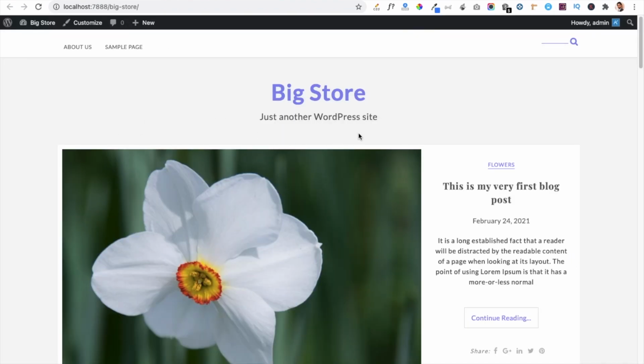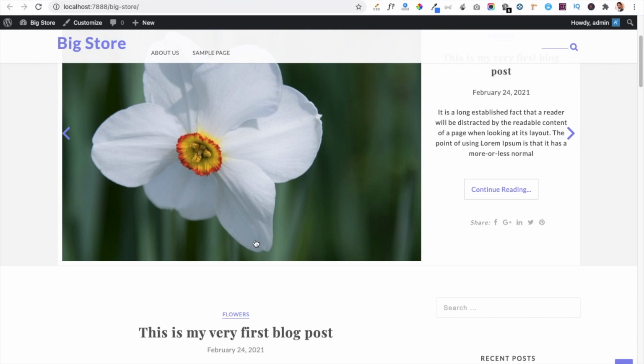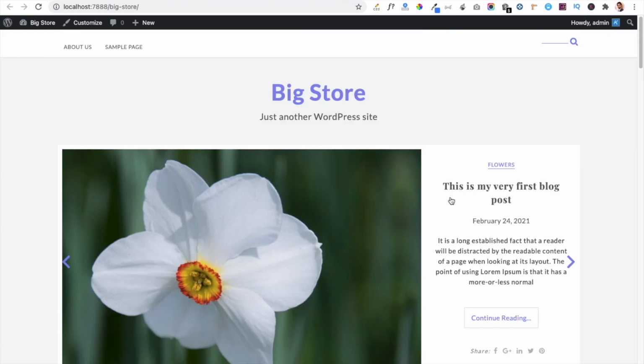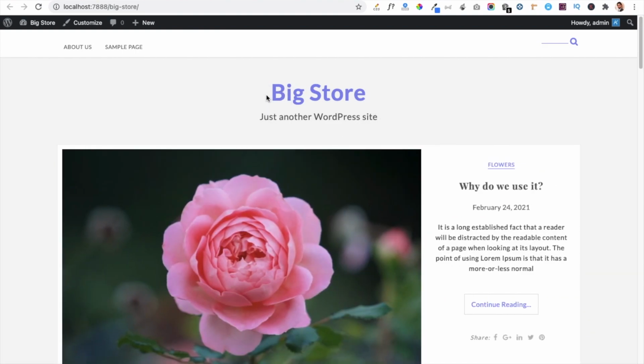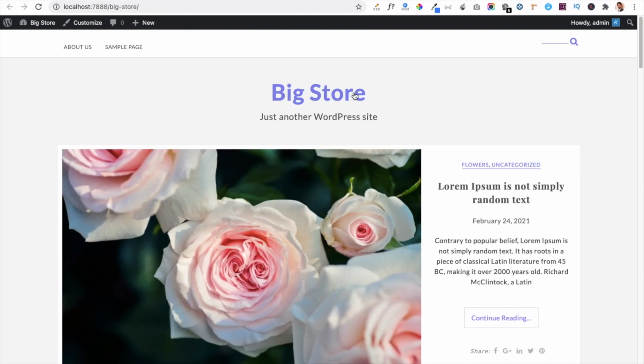You can see this is the first view of our website. I have some posts already written in my dashboard, so it is showing these posts here. As we discussed earlier, this is the header section of the theme and a logo section, or we can say a website title section. If you don't have a logo, then you can write your website title and a tagline of your website here.